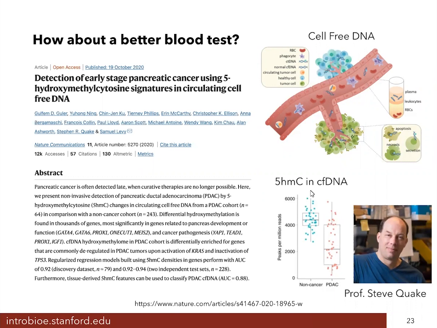What they found is that there are a lot of cytosine signatures on non-cancer cells that are missing from pancreatic cells. And so if you do sequencing of cell-free DNA and you look specifically for this type of modification and you don't see very much of it, then it's likely that you actually have a pancreatic cancer developing within the body,